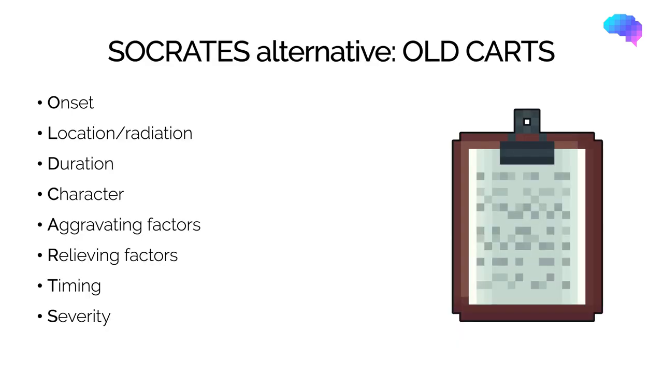Lastly, there are some alternatives to the SOCRATES framework. I just want to highlight one example here, which is OLDCARTS. So this stands for onset, location or radiation, duration, character, aggravating factors, relieving factors, timing, and severity. As you can see, this mnemonic covers most of the same areas as SOCRATES, and once again it can be